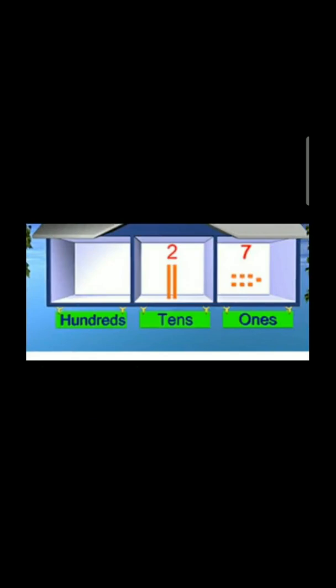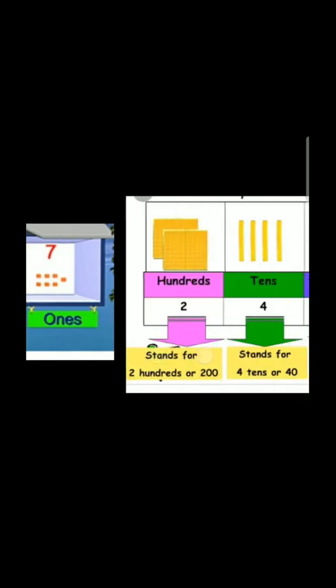Okay. Now see students, are you looking at this colorful picture? Well, this is very nice. Okay. See students, the last column. How many ones are there? Ones means also units. How many units or ones are there? 1, 2, 3, 4, 5, 6, 7 ones are there. And how many tens are there? 1, 2. 2 tens are there. Okay. Are you looking at any number in the hundreds column? No. So, 0. So, which number is there? 20 and 7 means 27.